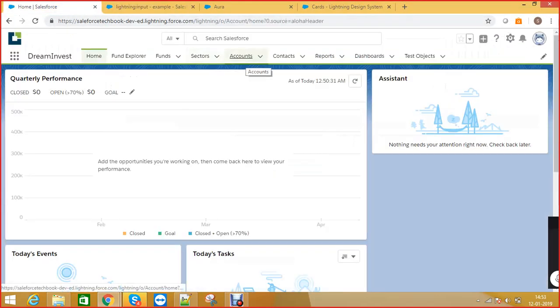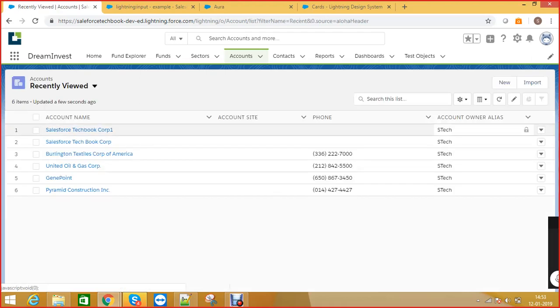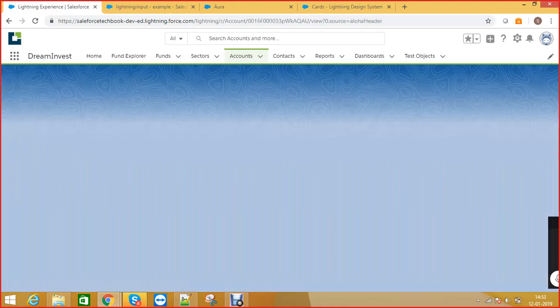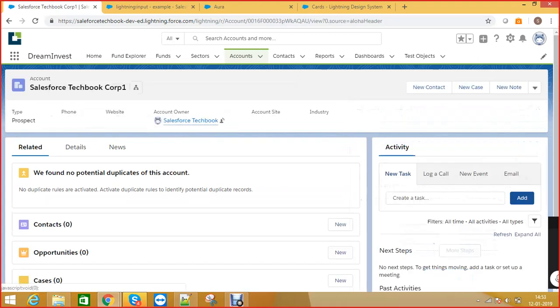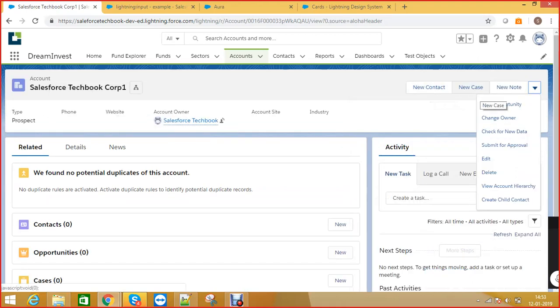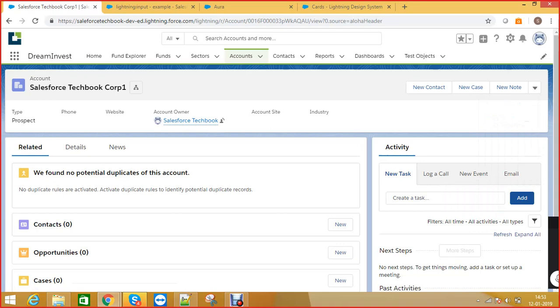First of all, what is a quick action? If you open this, here you have new contact, new case, and new note. You want to put one more thing here. These are all quick actions only. To make your component one of these quick actions, you are going to create one quick action now. How can you create it? Go to setup,